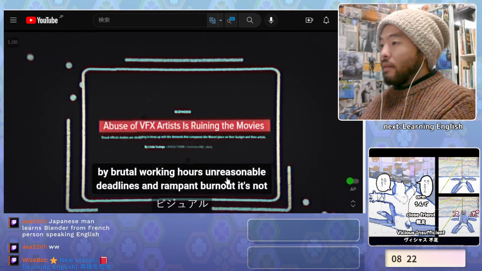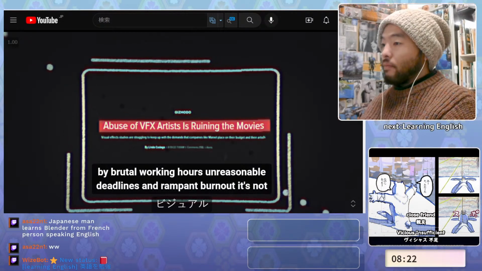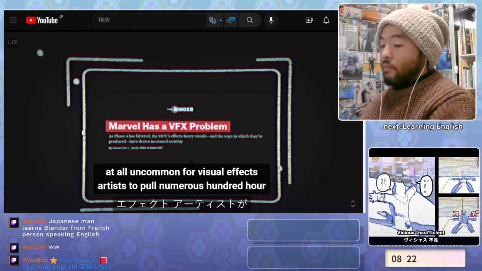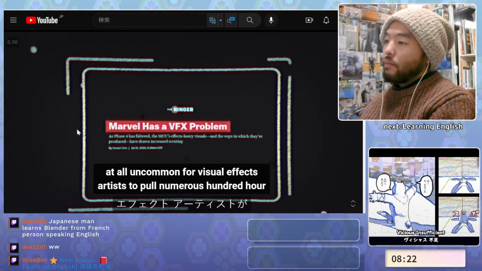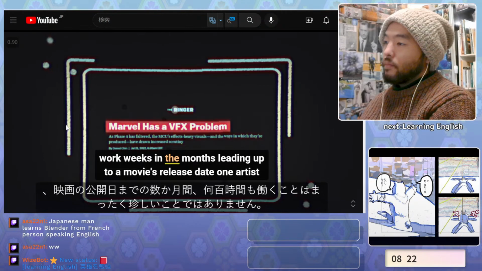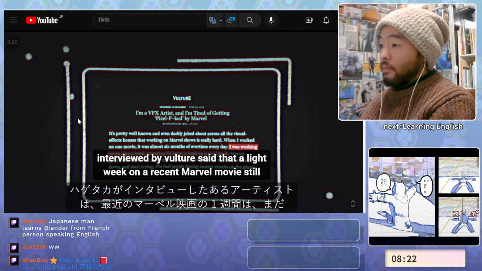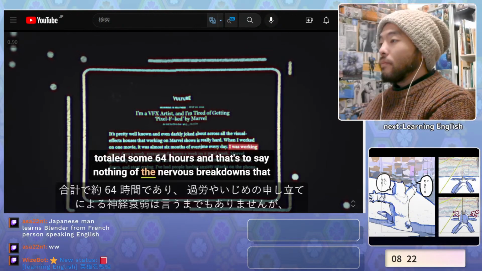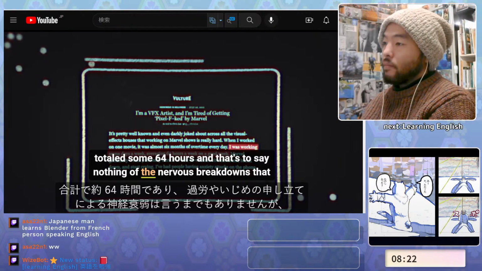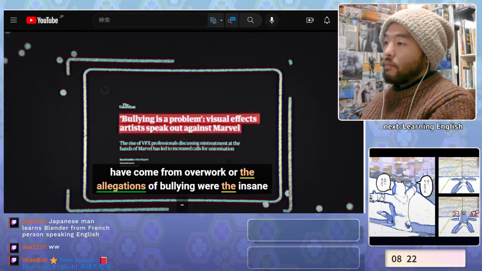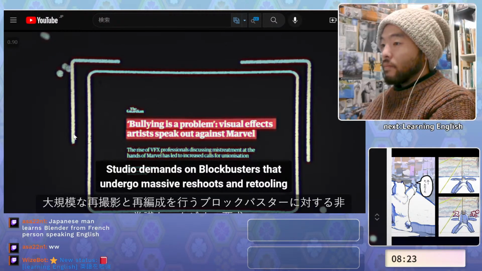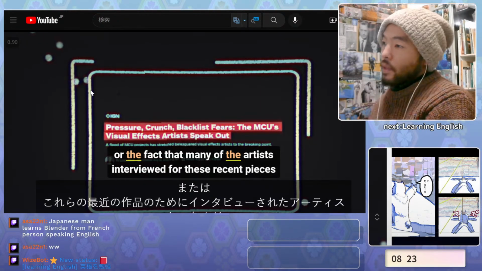Within, one marked by brutal working hours, unreasonable deadlines, and rampant burnout. It's not at all uncommon for visual effects artists to pull numerous 100-hour work weeks in the months leading up to a movie's release date. One artist interviewed by Vulture said that a light week on a recent Marvel movie still totaled some 64 hours. And that's to say nothing of the nervous breakdowns that have come from overwork, or the allegations of bullying, or the insane studio demands on blockbusters that undergo massive reshoots and retooling, or the fact